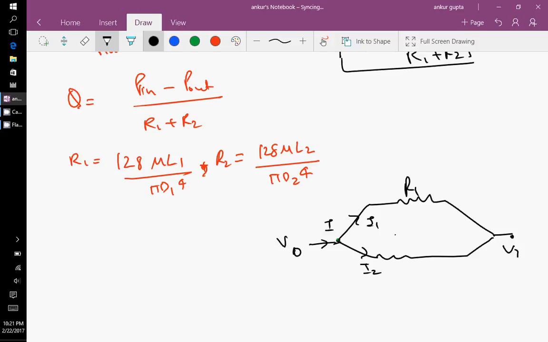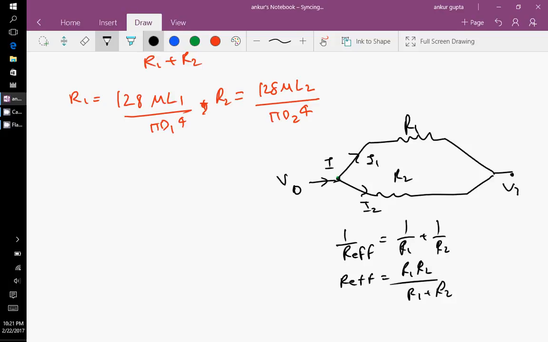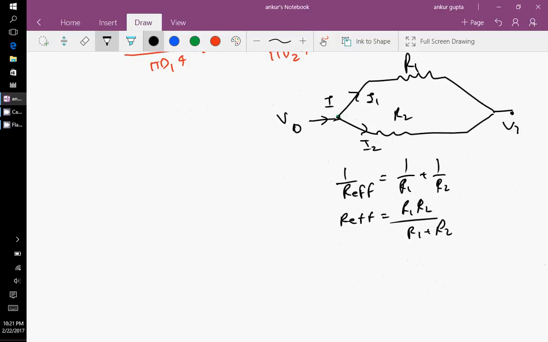This is R1, this is R2, right? And we basically say that in parallel circuits, 1 by R effective is 1 by R1 plus 1 by R2, or R effective is R1 R2 by R1 plus R2, right? So the total current I is V0 minus V1 by R effective. This is something we know